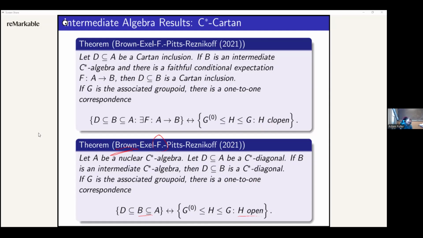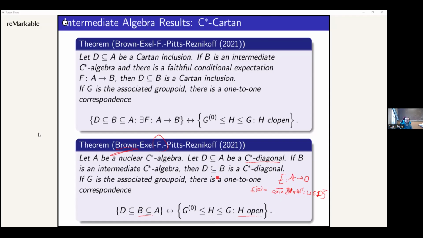There's two things at play here. Being a C-star diagonal gives a concrete description of your conditional expectation from A to D in terms of normalizers. It is: take the closed convex hull of U star, where U are unitaries in D. This will give us the conditional expectation. So we have this concrete description of the conditional expectation in a C-star diagonal case. This is due to Archbold, Bunce, and Gregson, who studied the unique expectation property in the early 80s. This allows us to, whenever we have a